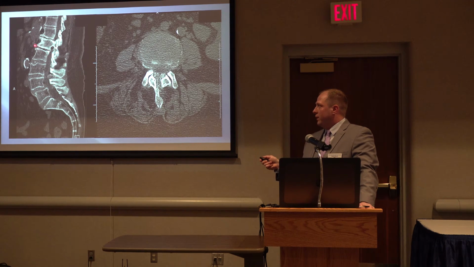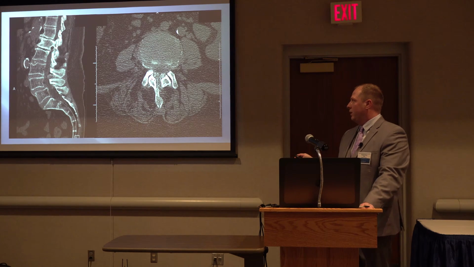They have vacuum disc phenomenon. That's what this is called up here. When you have air in the disc space and it's black, that's called vacuum disc phenomenon. You can see the end plate sclerosis over here on the axial or cross-sectional image. Over here you can see air in the facet joints right here, and you can see that there's a bunch